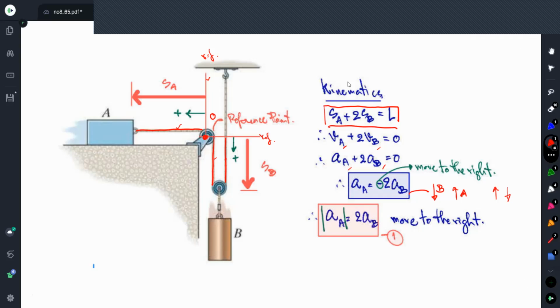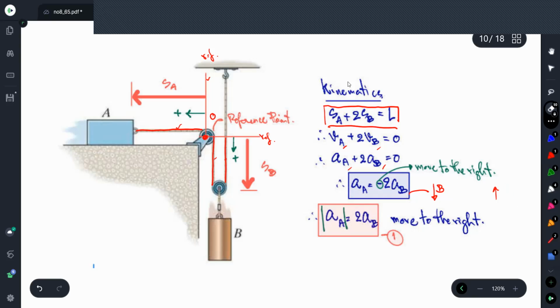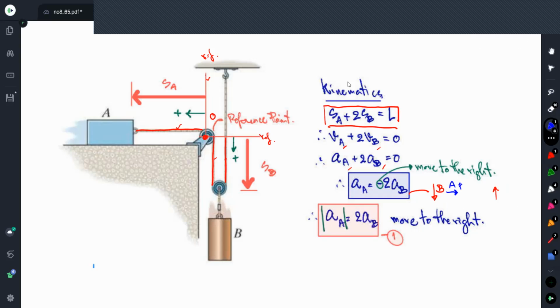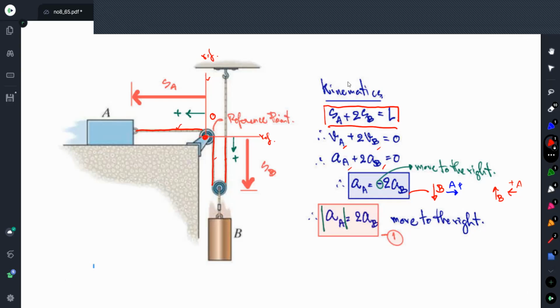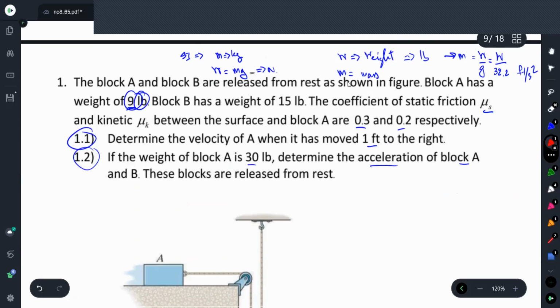Oh, sorry. A will not go up or down, it moves horizontally. If B goes down, A will go to the right, because we set up to the left as a positive one, right? And if B goes up, A will move to the left. Okay, according to this, from the problem we know that